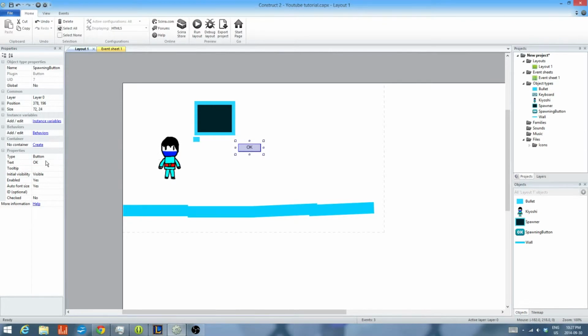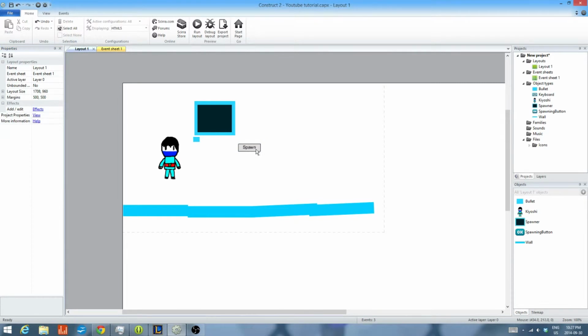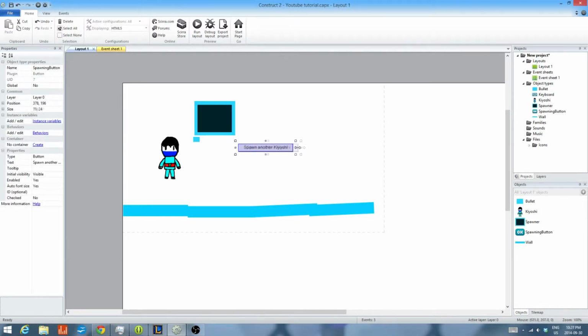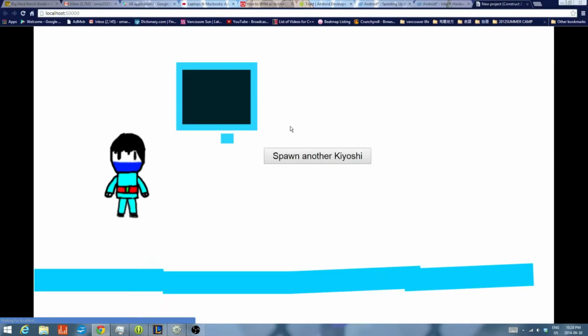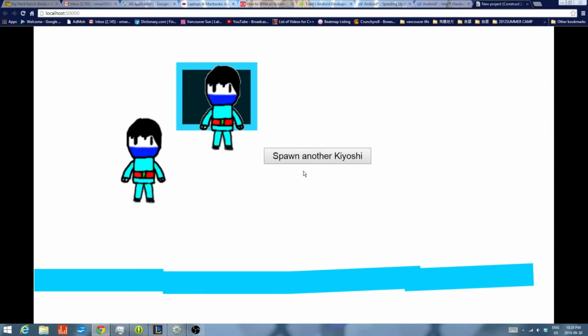We can also rename the button here and rename it Spawn Another Kiyoshi. And we can drag it across. And it will basically look like this when we run it. Like that. And we'll spawn. So now